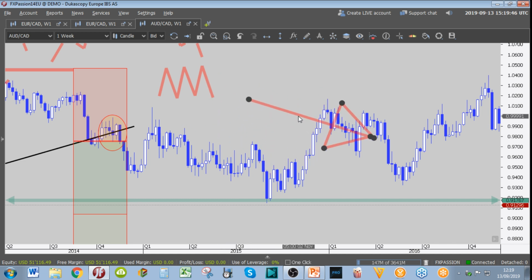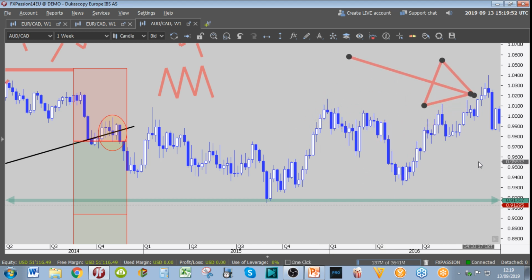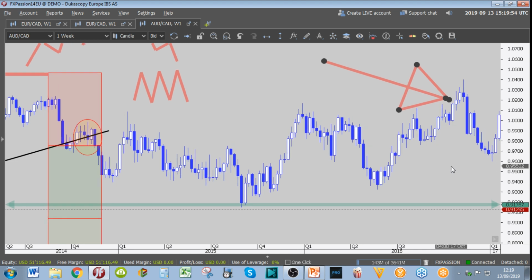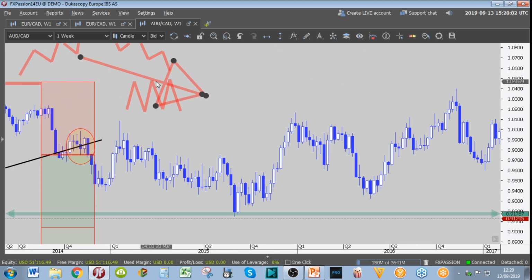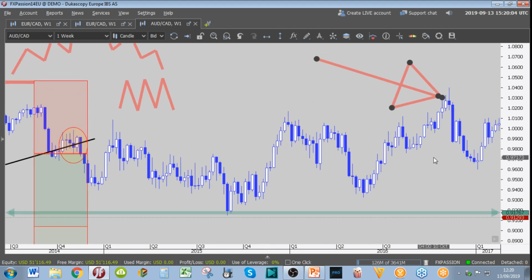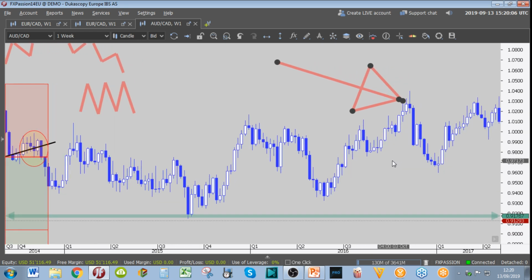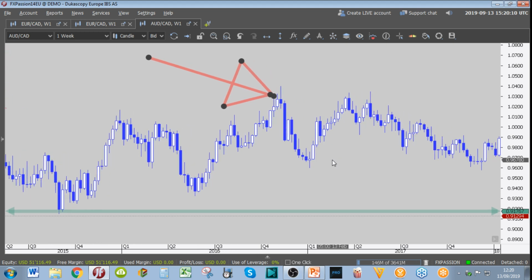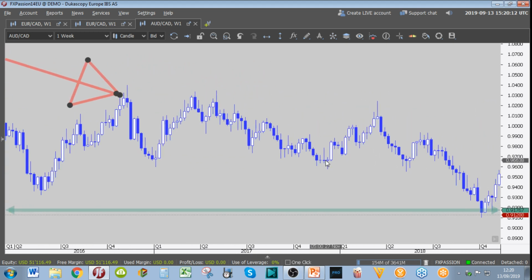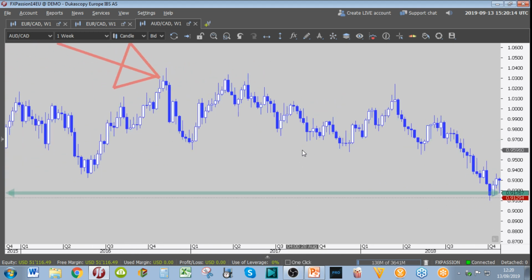We are waiting, we are winning, and then we are losing. It's okay, no problem. And again, we are stressed out up in here because we are almost at our stop loss level, but we know that the market must fall, and we are losing, winning, losing, until finally,